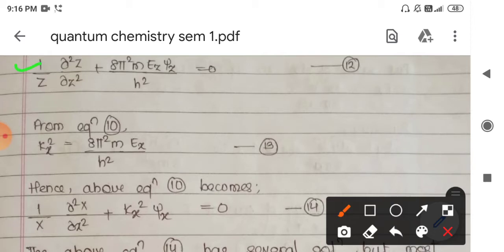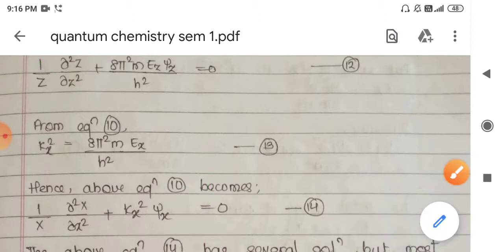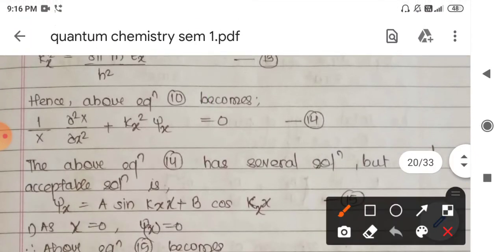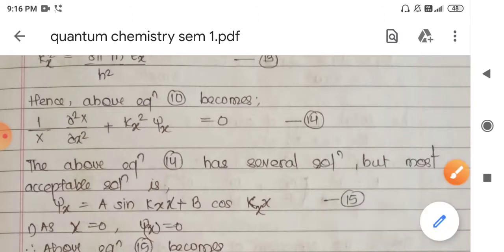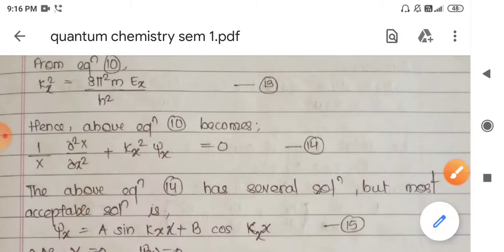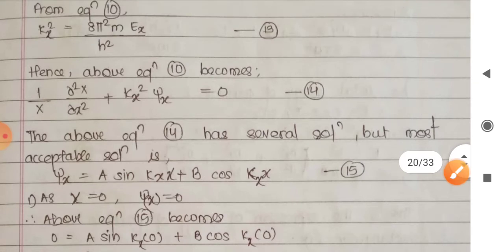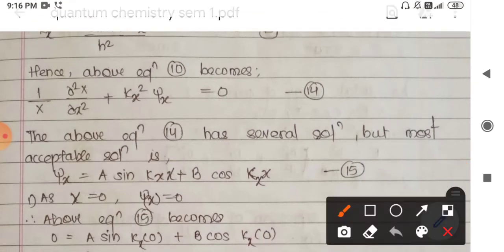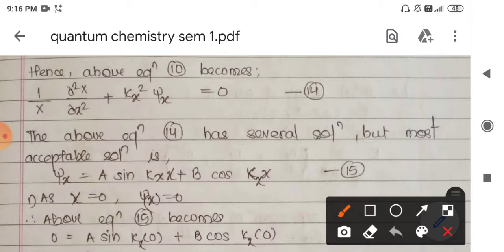So we again assume the same type of constant, that is kx square. Let us assume that kx square is nothing but 8 pi square m into Ex divided by h square. So we have again assumed the value of kx square, which is a constant. So in order to solve this second order differential equation, we get the value of such equation as,